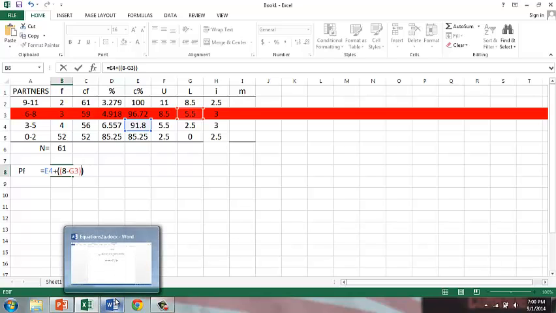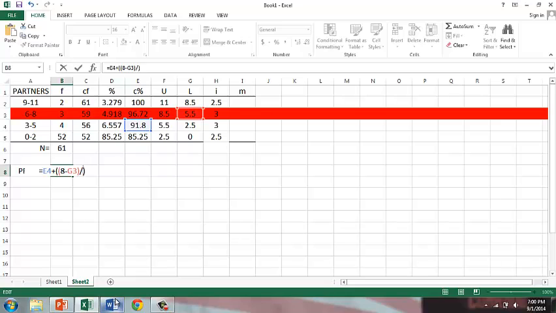Next, I want to divide that difference by the interval size, in this case 3. Then I want to take this whole term and multiply it by the percent within